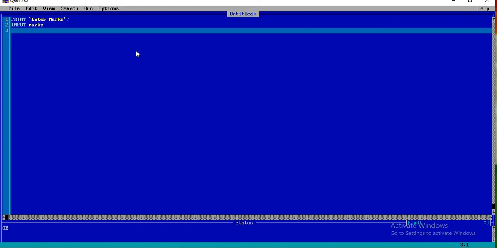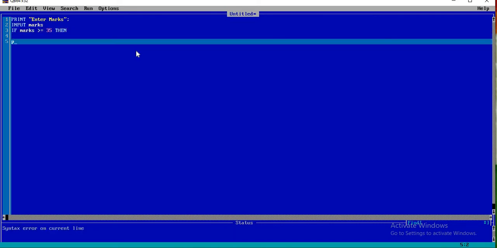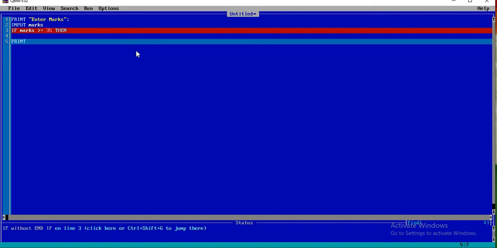Now we write if marks greater than or equal to 35, then print I am pass, and semicolon.